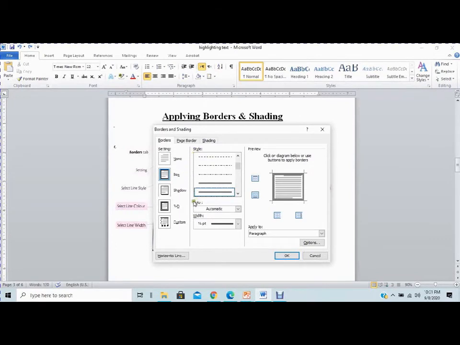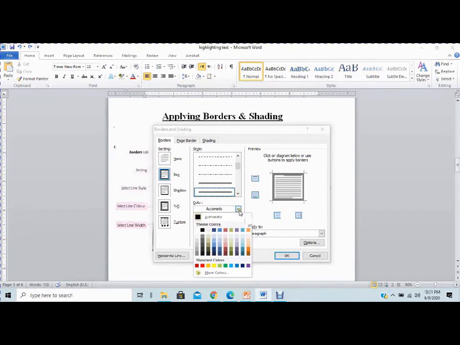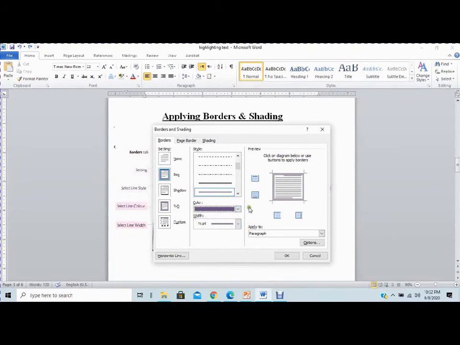Next to that is the color. Now I will select line color. By default it's automatically black. Here I want to remind you about the default settings. They are set by the software or gadget when you buy it from the company. These are the default settings, and here the default setting is automatically black. But I want my color to look different and colorful. I can select any of the colors from this color palette. When I select it, it becomes purple.